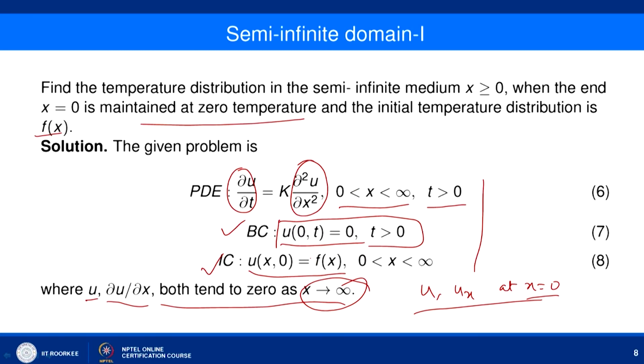So, in this particular example, since the boundary condition is given in terms of u, we will apply the Fourier sine transform, and if the boundary condition is given in terms of ∂u/∂x, then we will apply the Fourier cosine transform. First, let us have a simpler proof of these two results.